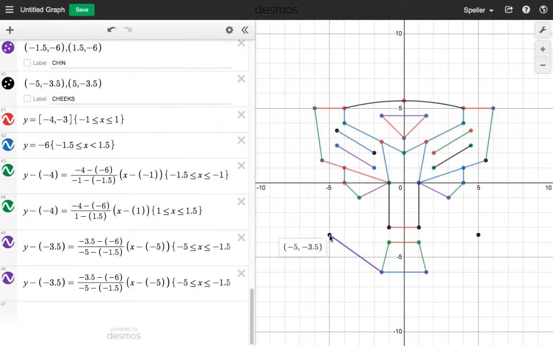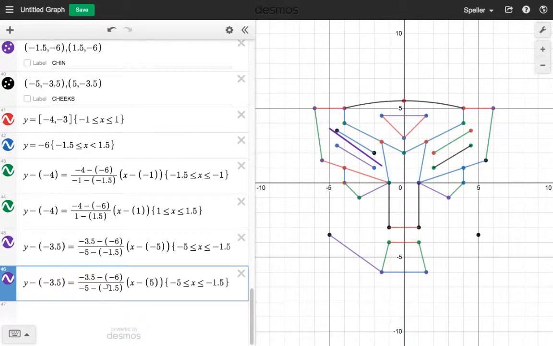So up here to the gear, and then duplicate. And again, let's take a look at what our points are looking like. We see that it went from a -5 to a +5, and then it went from a -1.5 to a +1.5. So I just need to change those signs, and then I'll work on the domain. I'm changing the 5 and the 1.5. All right, so I need a +5 here, and a +1.5 here.